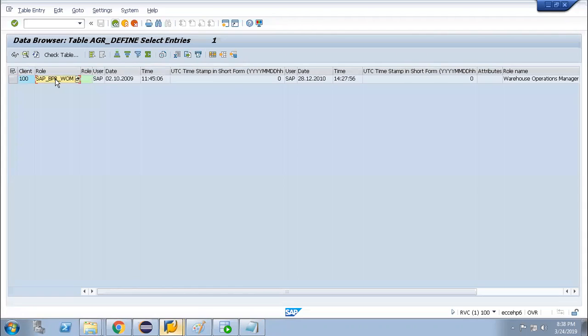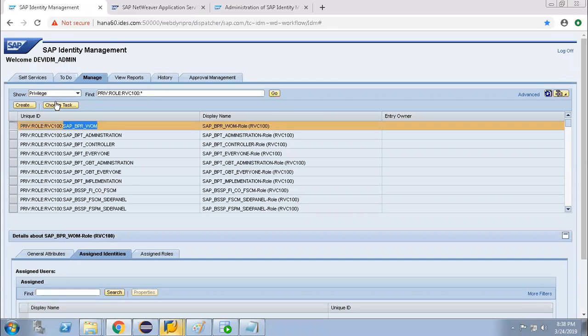But when it comes into the IDM system, the role name is linked with some prefix. All the privileges which are coming from the backend system, this prefix will be added.